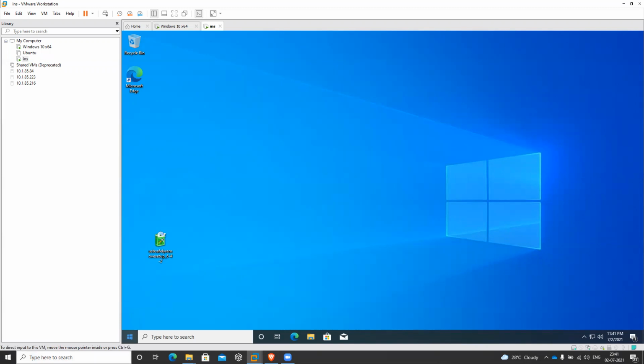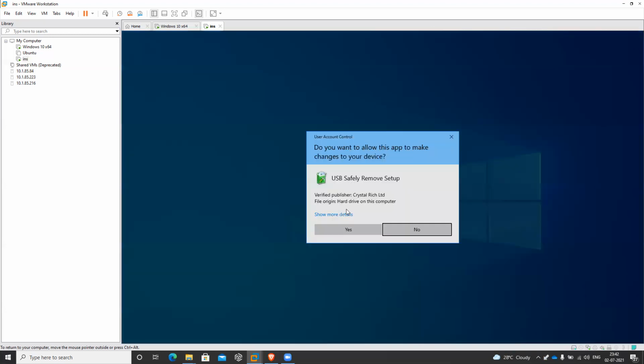So let's come to USB Safely Remove. I launched it, right? When you launch this, like other software, you don't have any about option or settings or menu to check whether the trial period has ended or not. But I will show you a demonstration directly on this particular system.